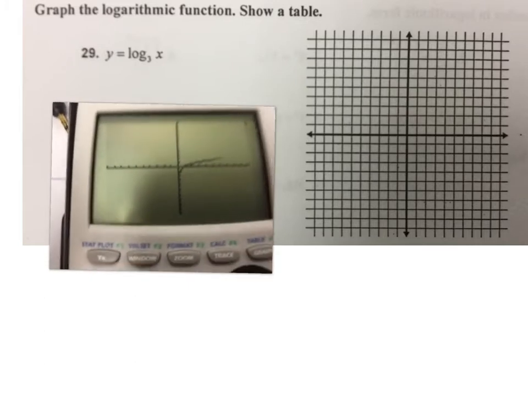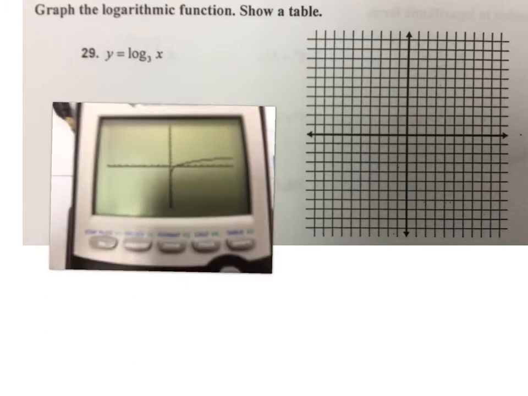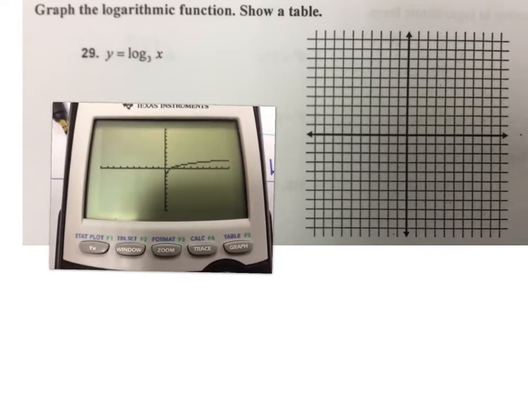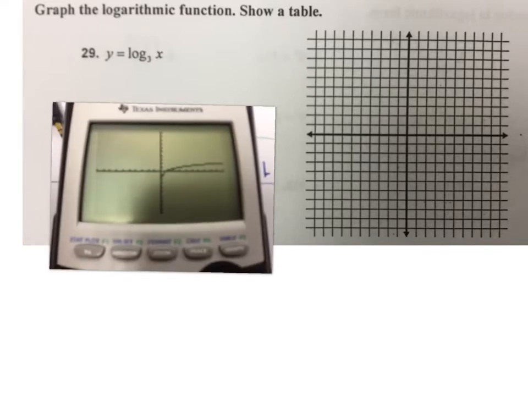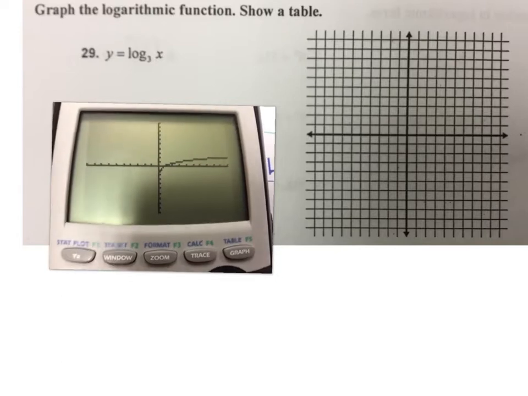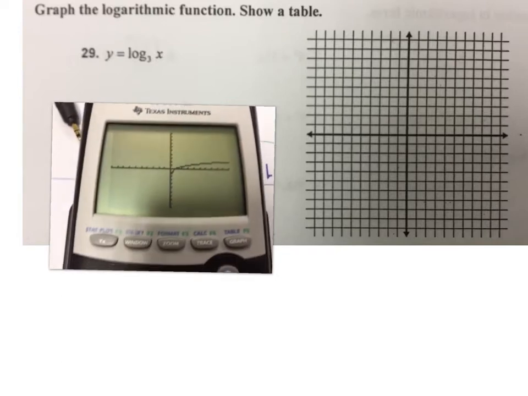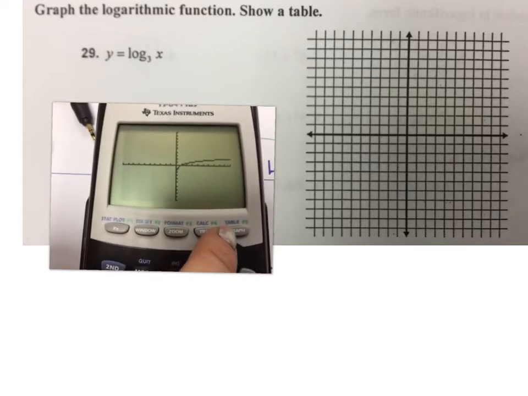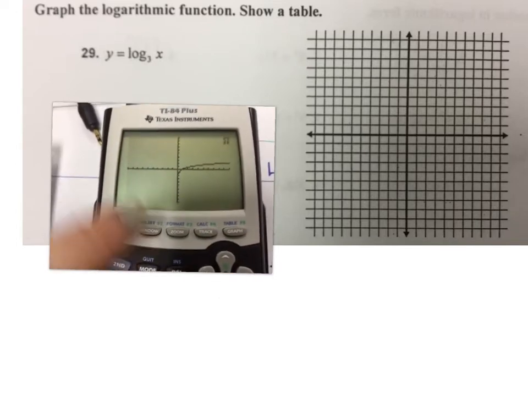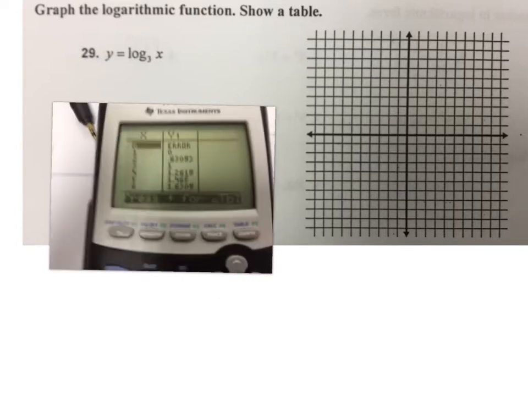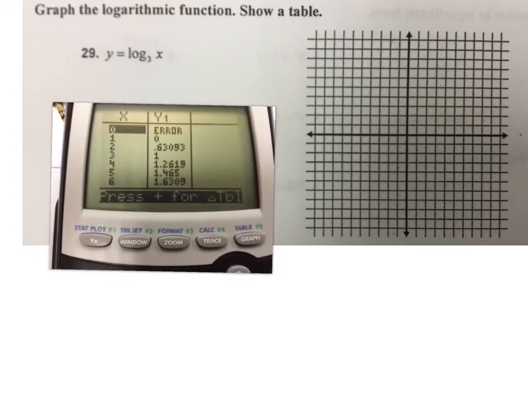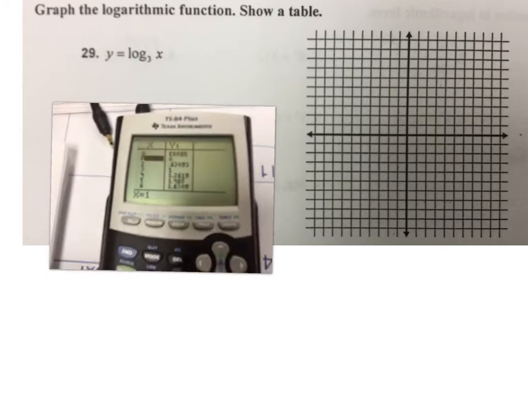You should not be surprised to see this really slow-growing graph. A slow-growing graph is characteristic of a log graph. It asks me to graph it, though, here on my paper using a table. So I know that I can access a table easily on the graphing calculator by tapping second graph, and it brings up a table. Now, I see at 0 there's an error, but I see at the point 1